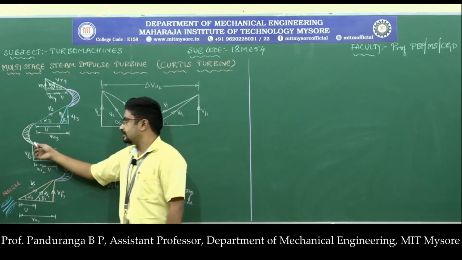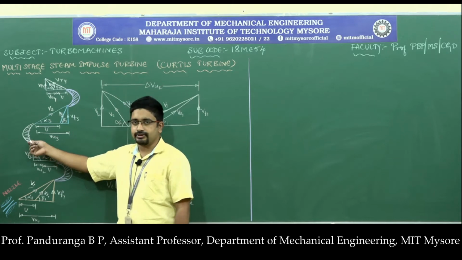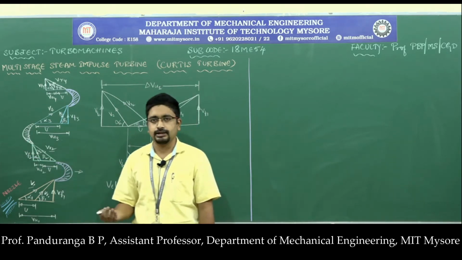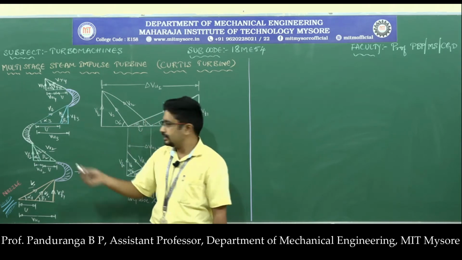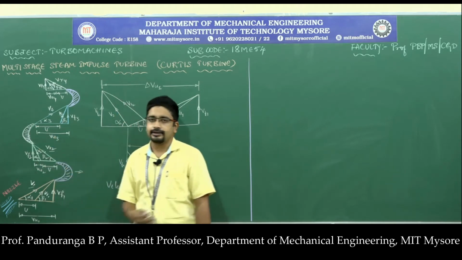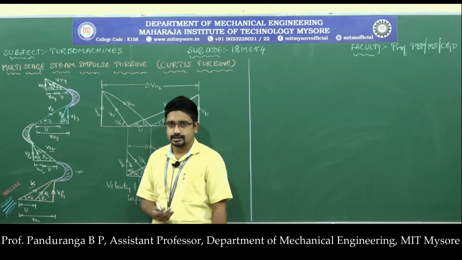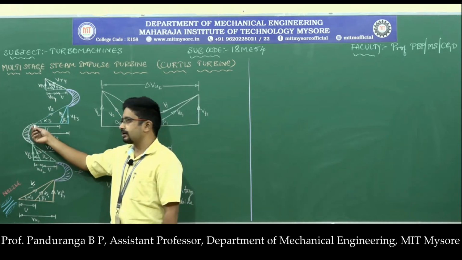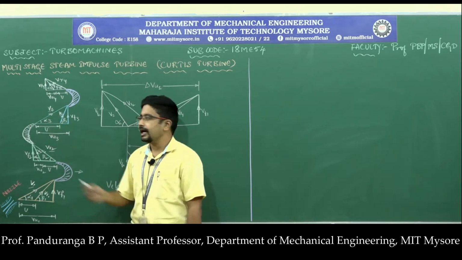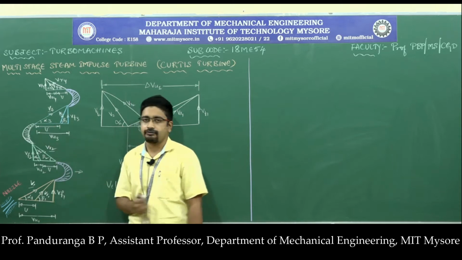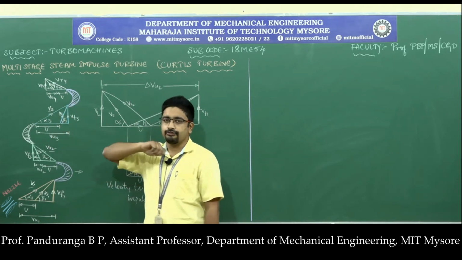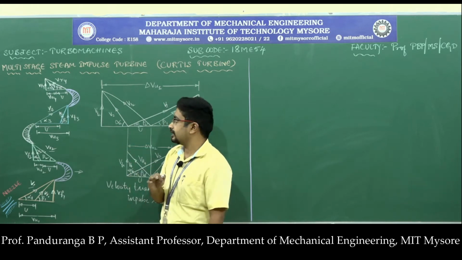Okay. Then the steam, here we are dealing with the fixed blade, so there is no change in energy because there is no work done or energy absorbed by the blade. The steam glides over the blade and the direction of the steam changes. Now the steam comes out of the fixed blade with absolute velocity V3 at an angle of alpha 3. Okay, that enters the last row of moving blade. And one thing which we need to consider here,